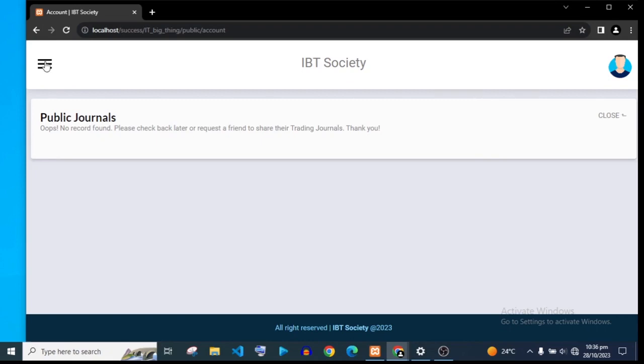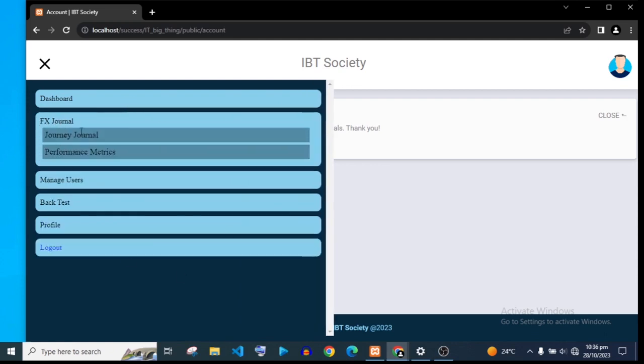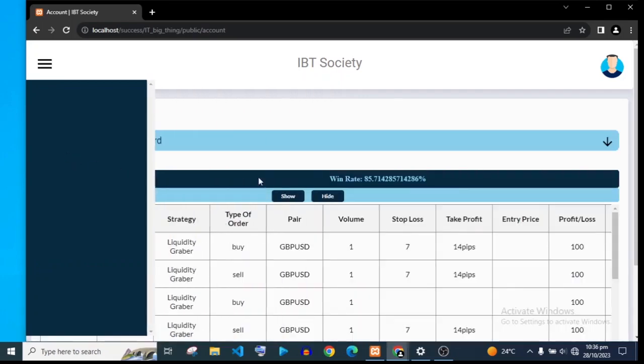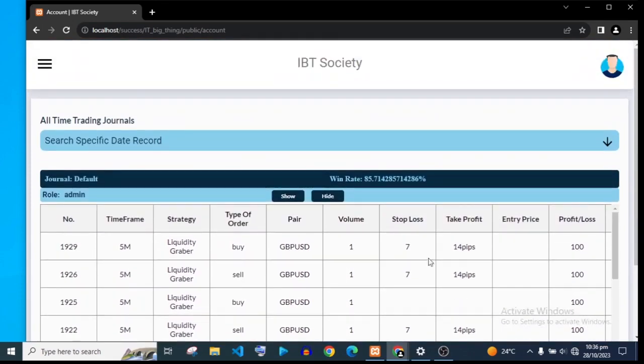All right, so let me show you guys the software. This is just my dashboard when I log in. Very simple and easy. Well, I will not be doing a total walkthrough on this software, but for now, let's just go straight to showing you guys the weekly report. So to check my report, I'll come to FX Journal, then go to performance, go to performance metrics, and as you can see, this is the report for the